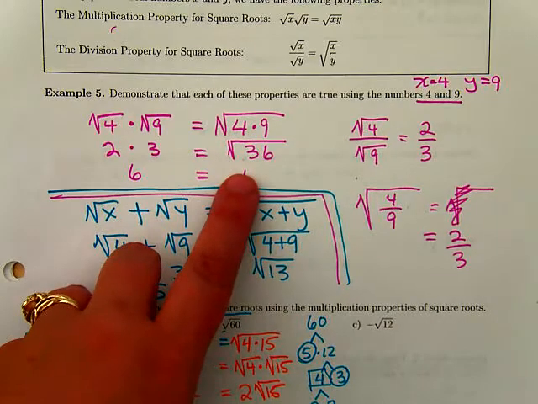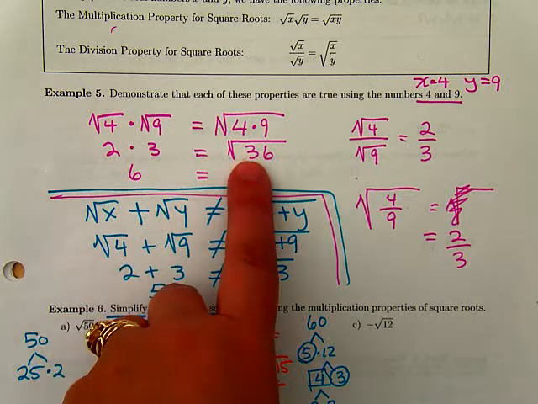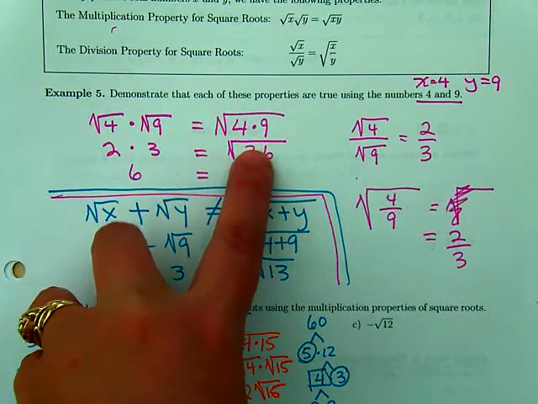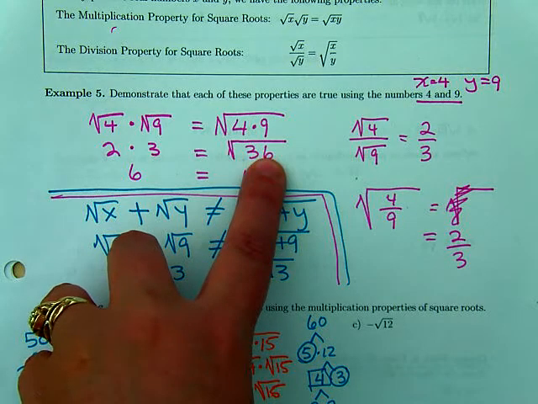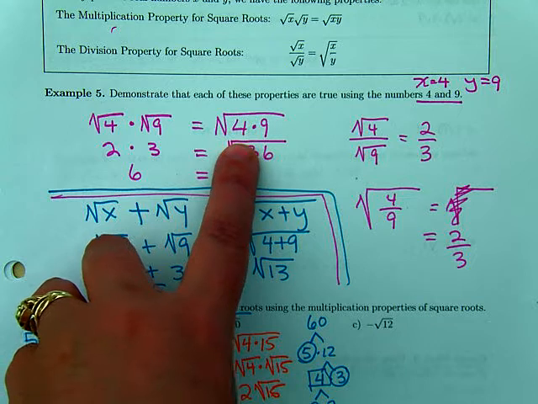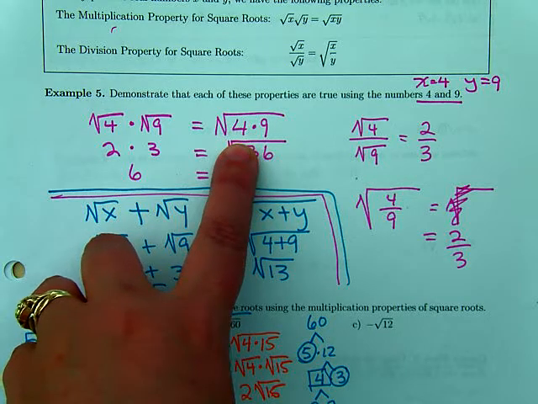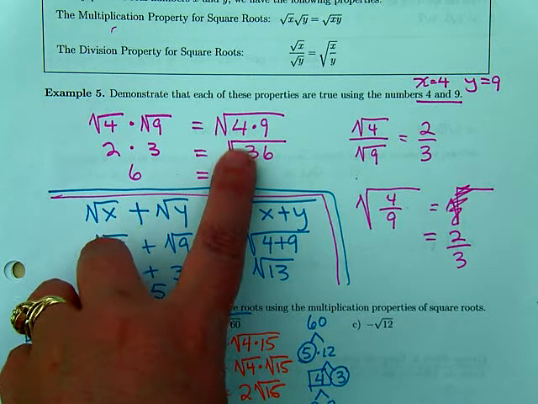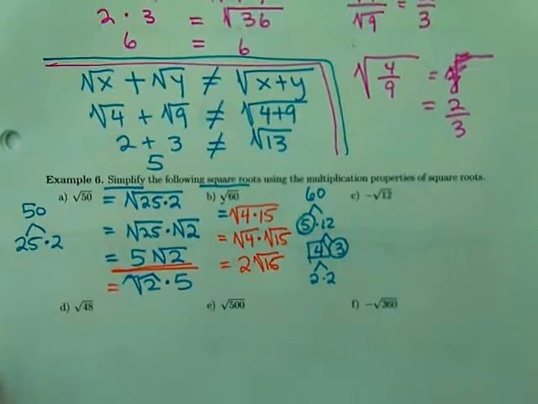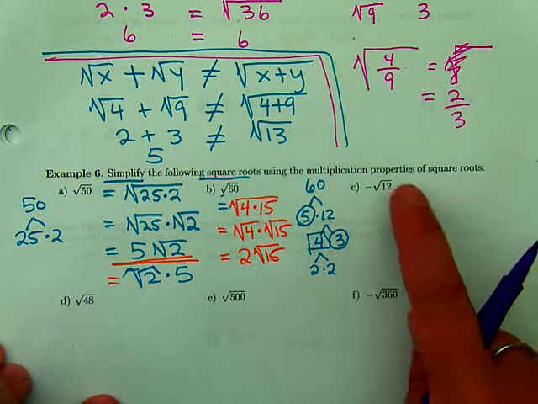The square root of 36, that was kind of like this example. It does have 4 and 9 as perfect squares, but 36 is also a perfect square. So actually, if you multiply two perfect squares together, you get another perfect square. Yes. Okay, well, since we have this one with the negative here,